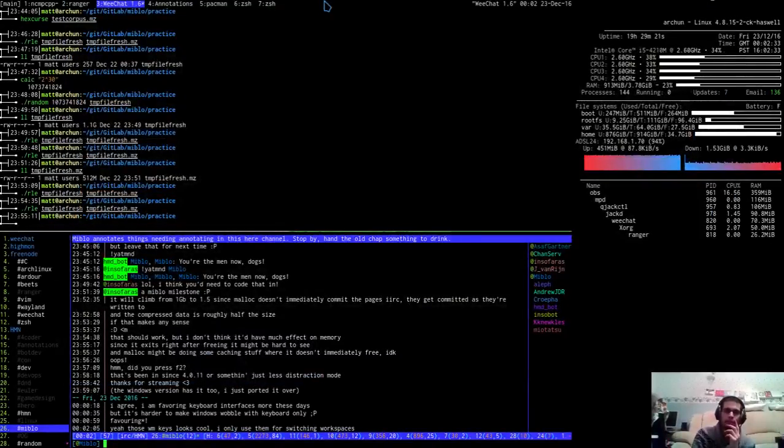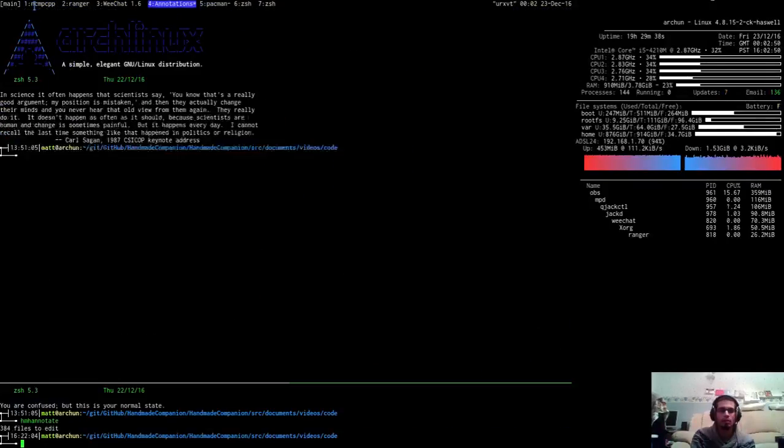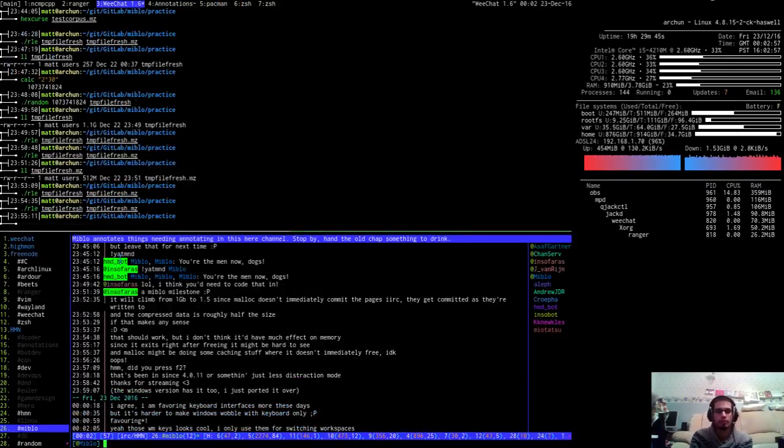So have I only got 4 open? That's interesting. Did I not have Firefox? I usually have Firefox open for the streams as well. Yeah, but then up here I've got my Tmux thing. So obviously Tmux is all keys. Like I don't think I can click. No, I can't. Yeah, so basically, that's what I've got going on.